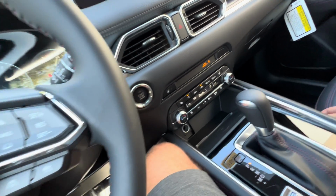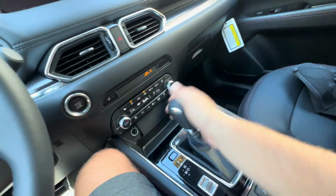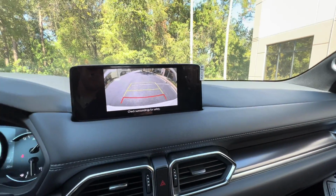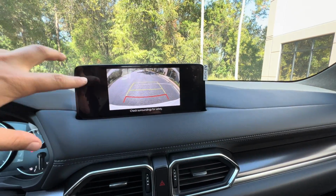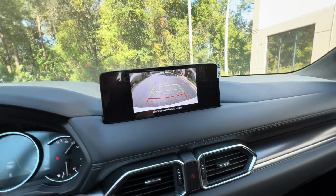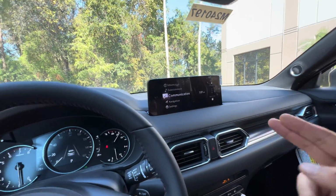All really appreciated features. We get a wireless charging pad, 12 volt right next to it, gear selector controlling the 6-speed automatic transmission. The backup camera, we get guidance lines, no trajectory unfortunately, and the screen is only taken up, I guess, about 7 or 8 inches out of the 10.25 inch screen. But it's still a super high resolution, throwing it right back in the park, and it immediately returns to the